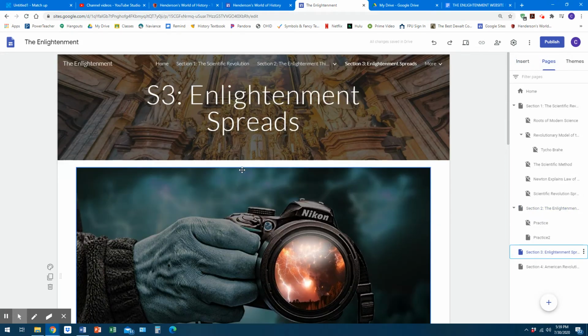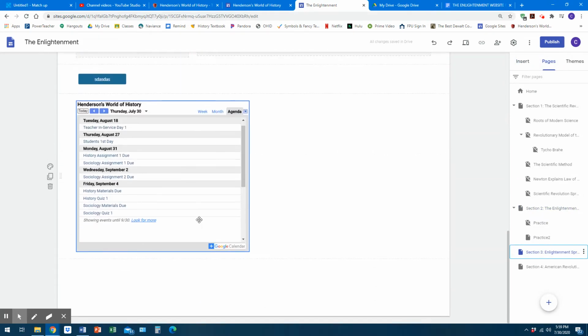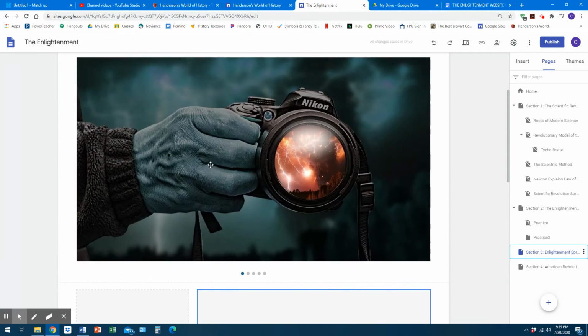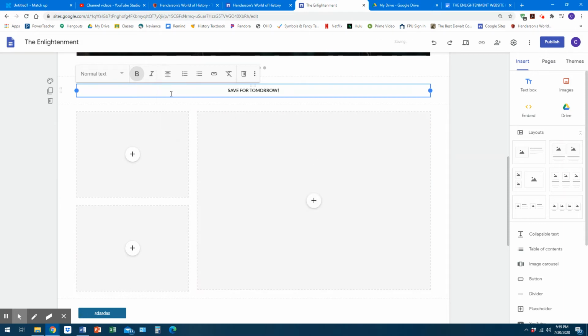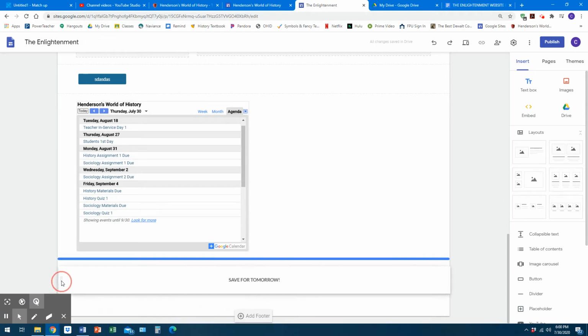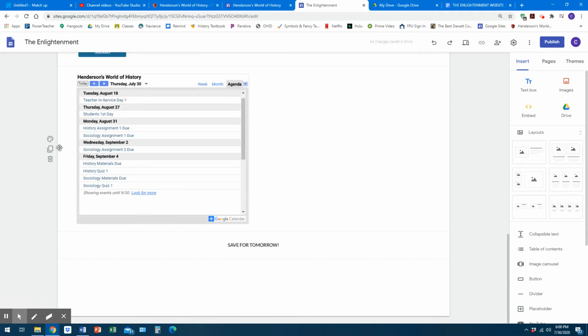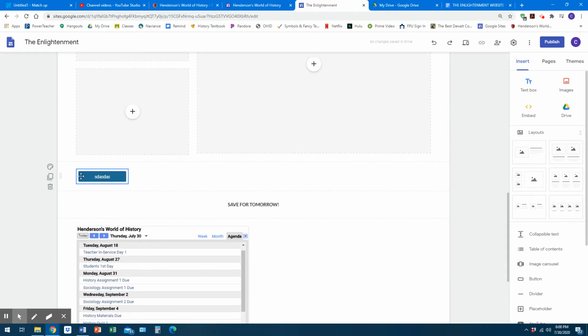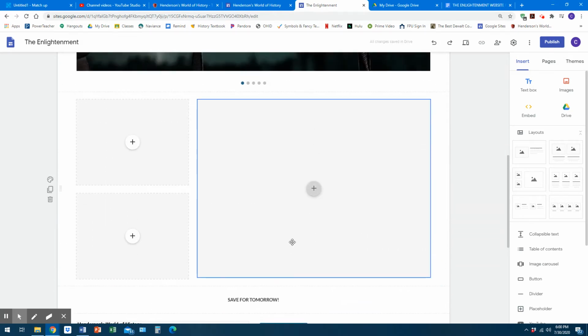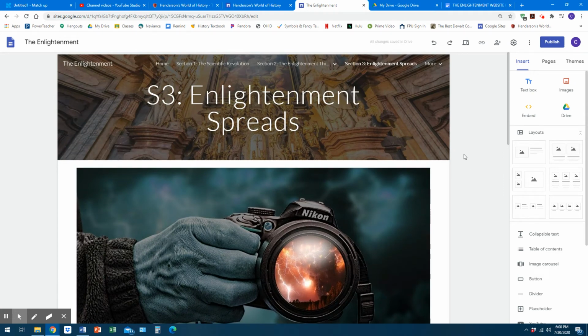If you're on section 3, and you're still working with things here, a lot of stuff going on. Insert text box, save for tomorrow. Bring that box to the bottom. Say, okay, I'm still working on my calendar. Man, that button isn't ready to go yet, so let's bring that right here. But all that I'm kind of done with. All right, so that's what you're doing as the section chief on your pages.